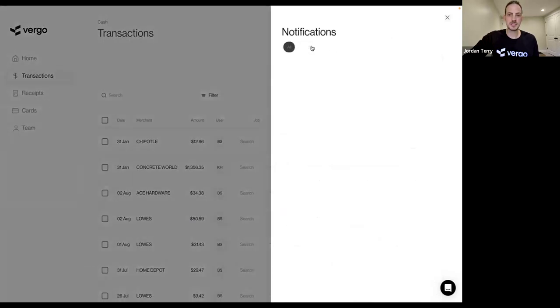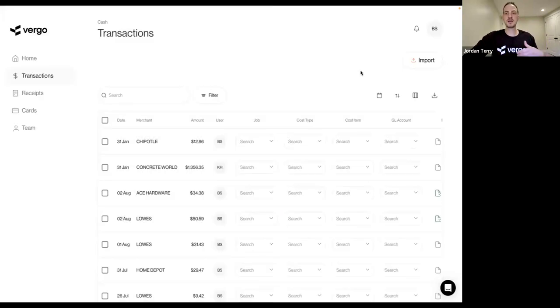Also on the notification section, I have none here, but if I am to send notifications to my team, it shows up here. In Kelly's account, it would say, hey, someone's notified you there's expenses missing, the number of expenses missing, so she knows what to do when she logs in. So let's go through a real life example, and we'll go through role by role basis. So we'll go from,